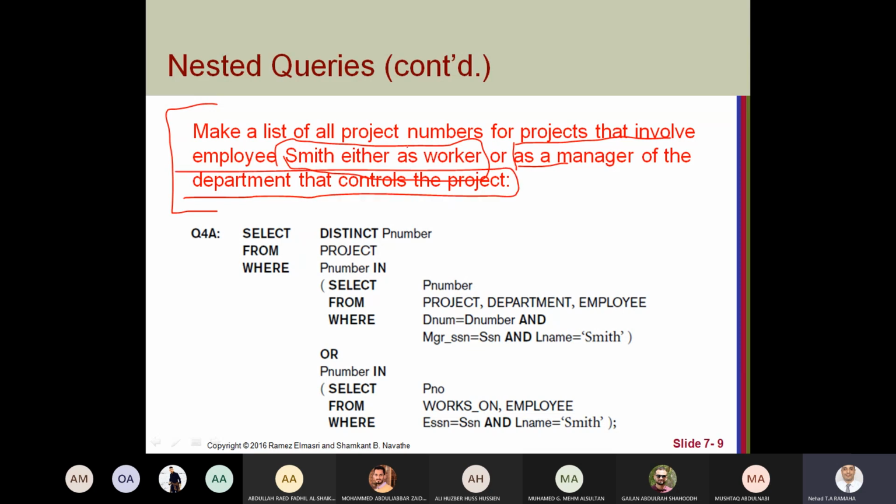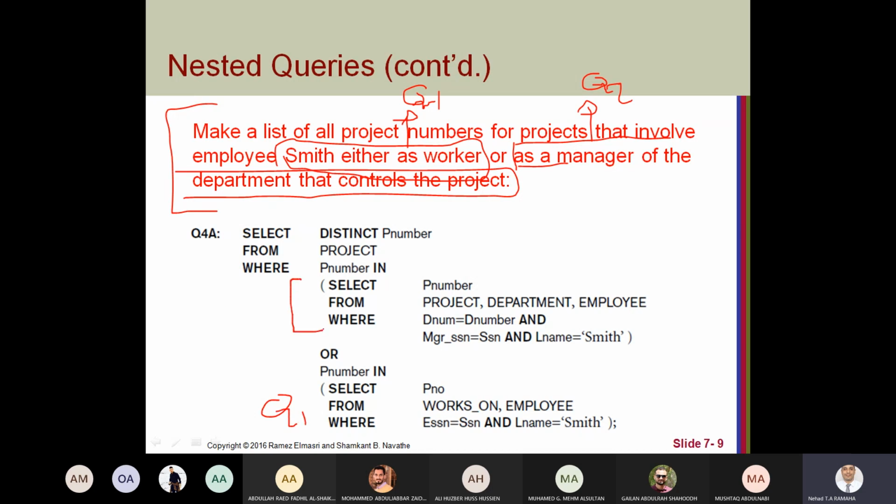So we have here two subqueries. If we use the way of subqueries, okay, let me name this Q1 and Q2. So Q1 will return the project number that has Smith working as a worker. This one is Q1.